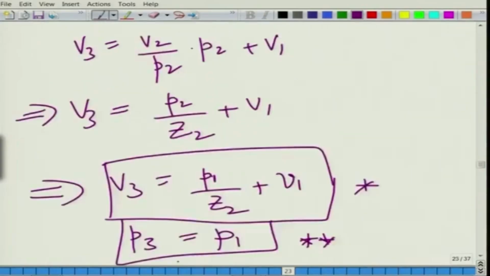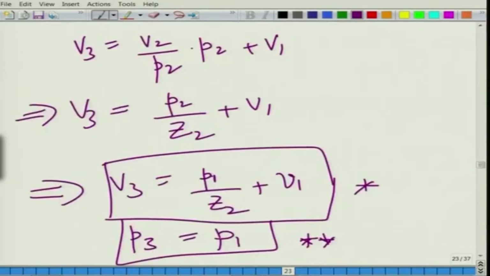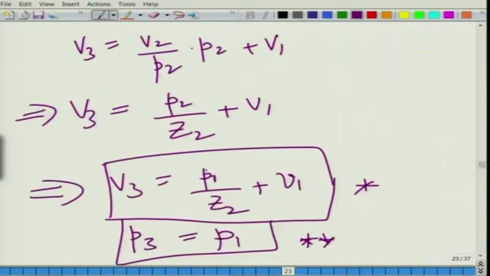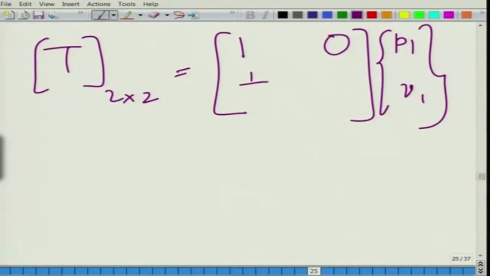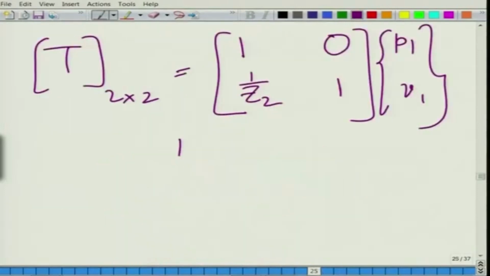So, let us figure out this P3 and P1. It becomes 1 here and 0 here for the first equation, because there is no velocity dependence for this one. And for this one, V3 is equal to V1 plus whatever you got here, P1 by Z2. So, basically here it will become Z2 and here it will become 1. So, that is the transfer matrix representation for a Helmholtz resonator,